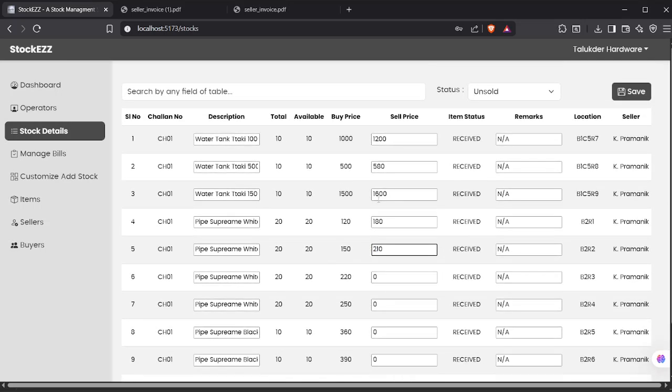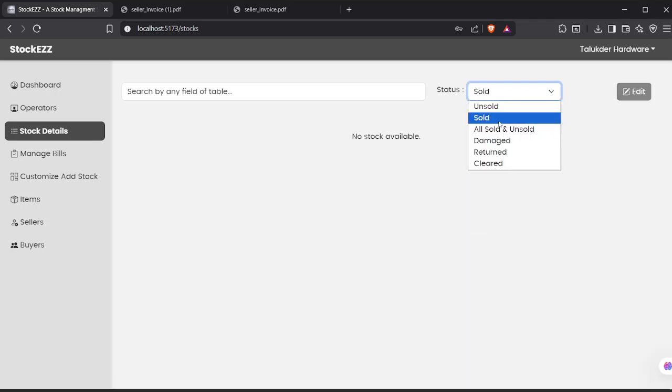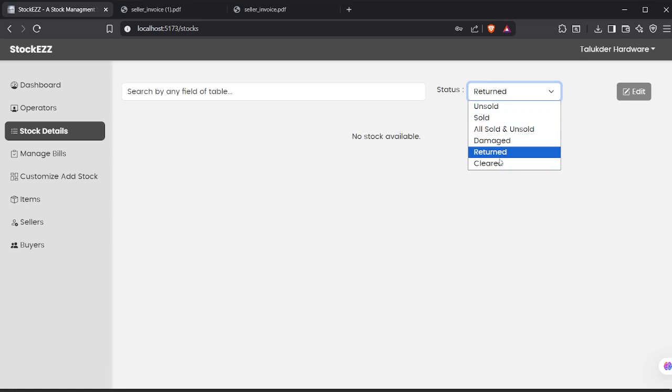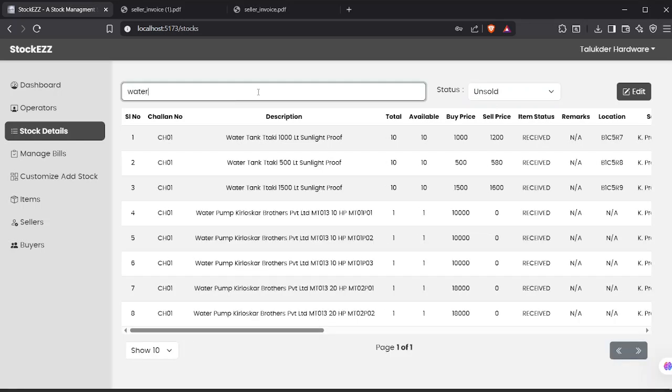Okay, for now this is it, and then save. So you can see the sale price has updated. You can filter it by sold, unsold, damaged, returned, cleared. Right now there is nothing, so only unsold. You can search from here: water